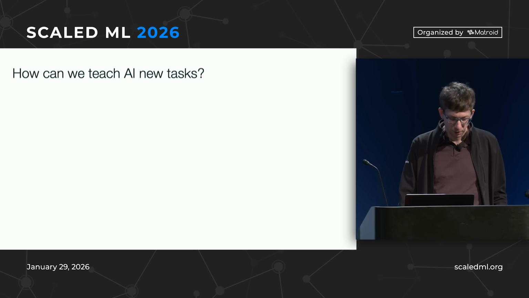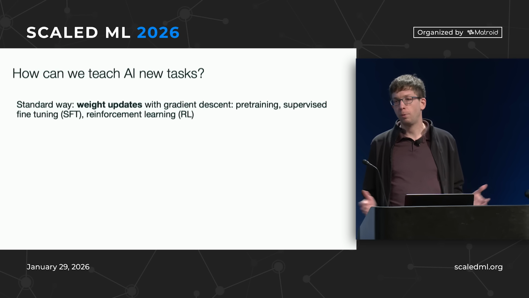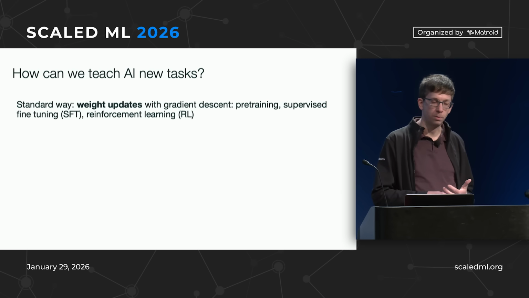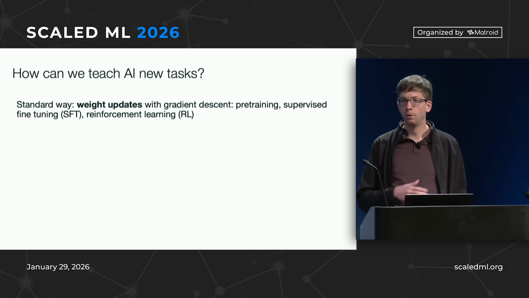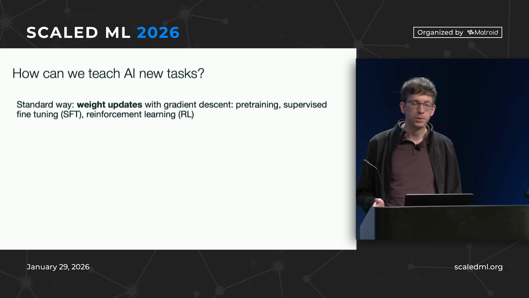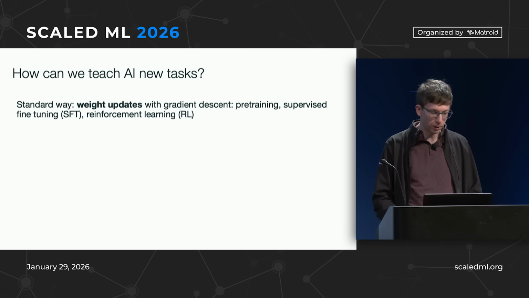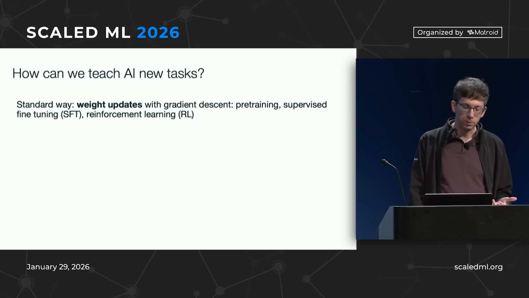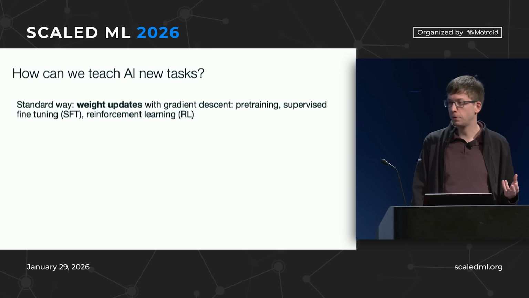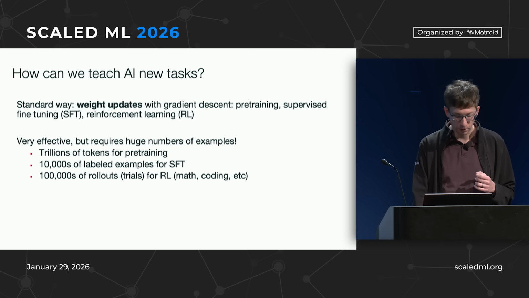So let's start with this. Okay, so what's the problem with teaching AI? We've been very successful in AI so far through model training, through gradient descent, basically learning weights of a model. We design our model architecture, that's important. Then we have this tool for teaching it to do something through gradient descent. And all the methods you've probably seen in your ML textbook or class are doing that basically. For language models, there's pre-training, fine-tuning, reinforcement learning. They're all gradient descent, but against different objective functions. This is really powerful. It's worked great. It's continuing to work for many things.